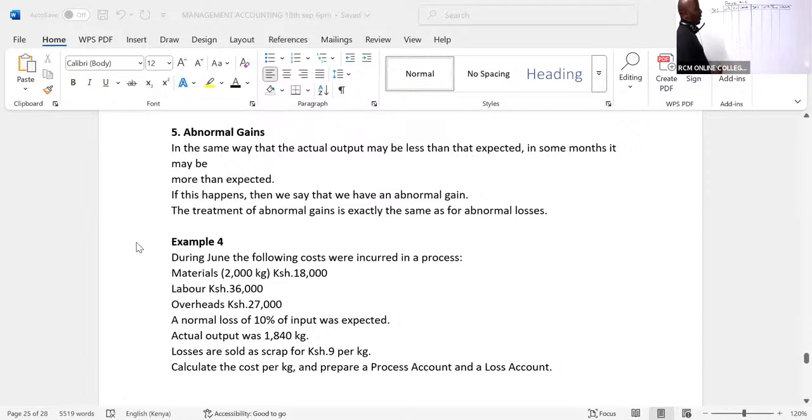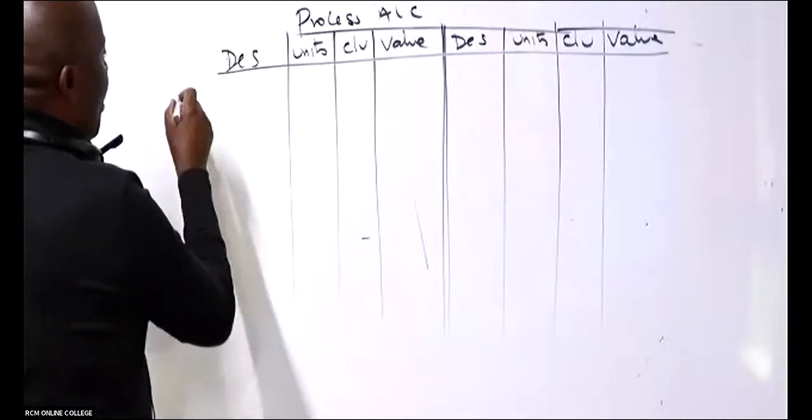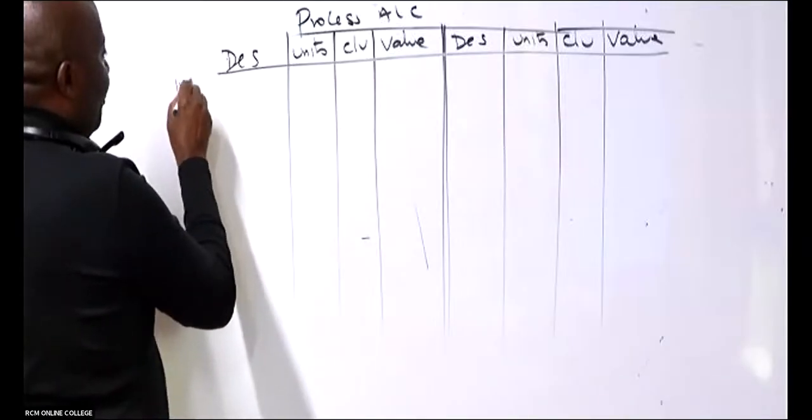All right. Now, ladies and gentlemen, after that, we should be able to post our throughput. Start always with the throughput. For example, we had input material cost